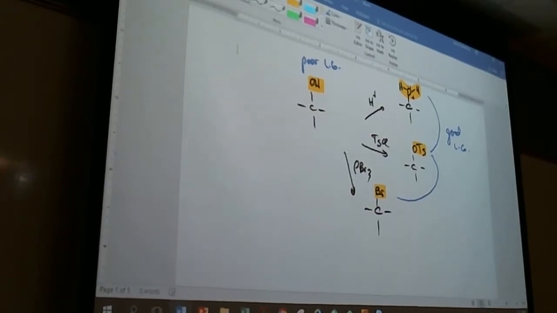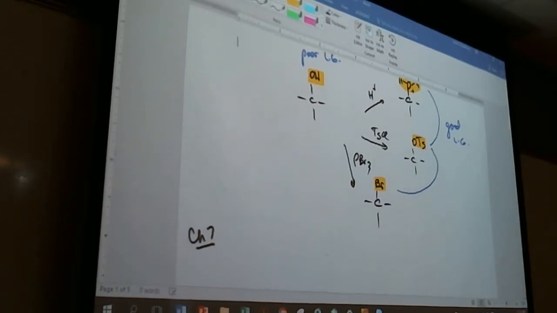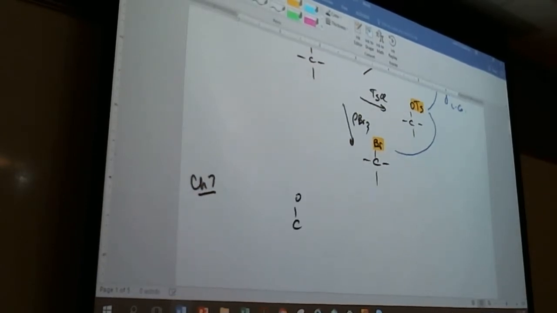So in chapter 7, we looked at doing that, right? We looked at having an alcohol, which is not going to eliminate, putting it in acid, forming a good leaving group,